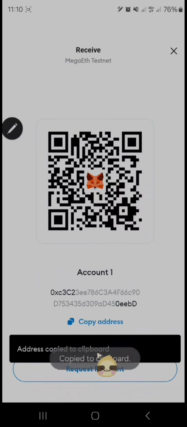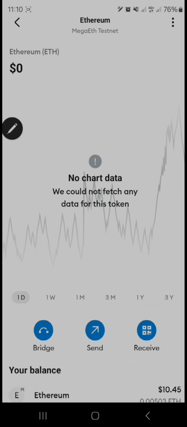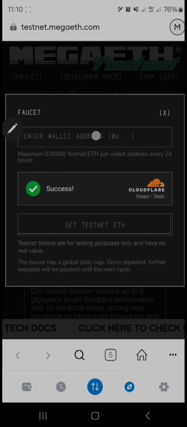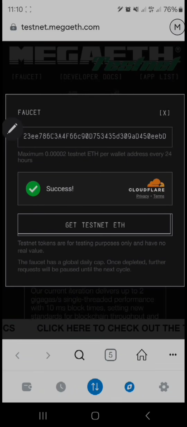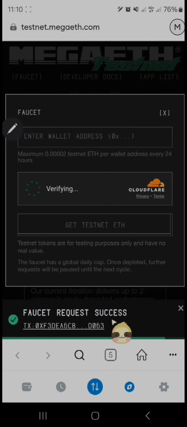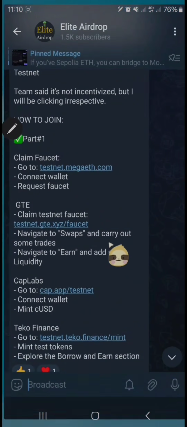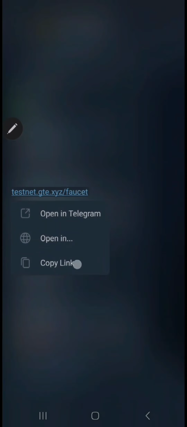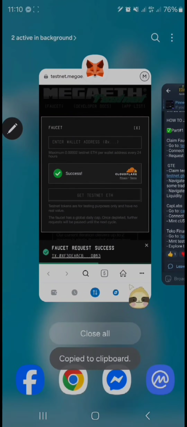So I just copy the address and go back to the Faucet address again, and here you can see we have to enter our address, then click on get testnet ETH, and it is successful. And then go back again to the Telegram channel, and you can see another link for claiming Faucet, and